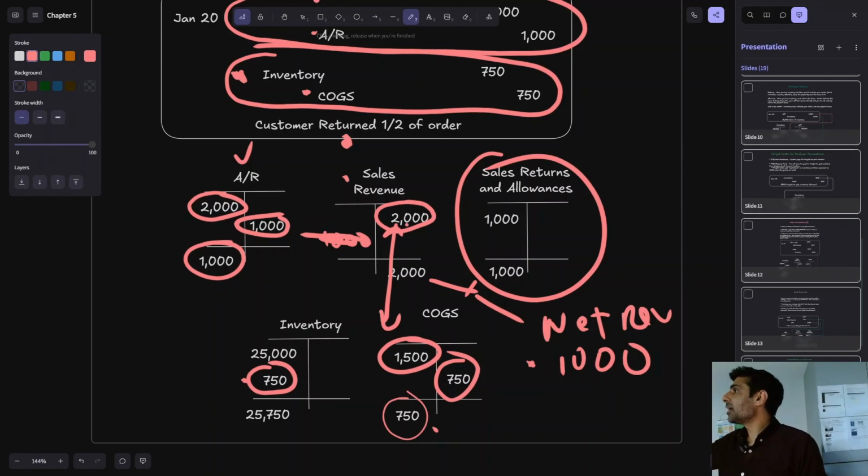when you're purchasing inventory, returns and allowances are the same. When you're selling, it's going to be different depending on whether it's a return or an allowance. Okay, so